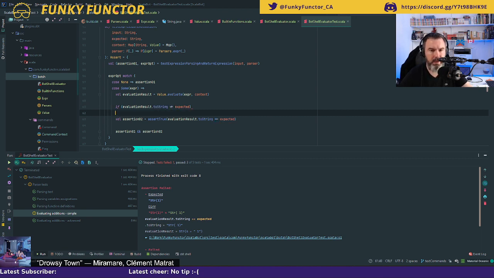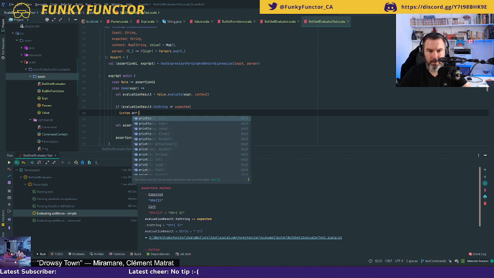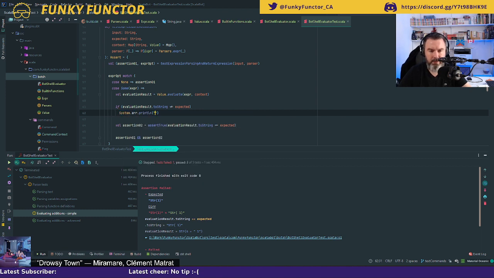So if the evaluation result to string is not expected, then I want to do a System.err print line of AST for